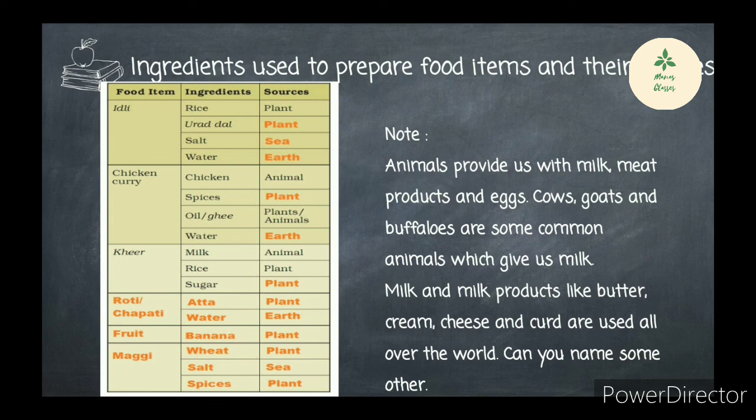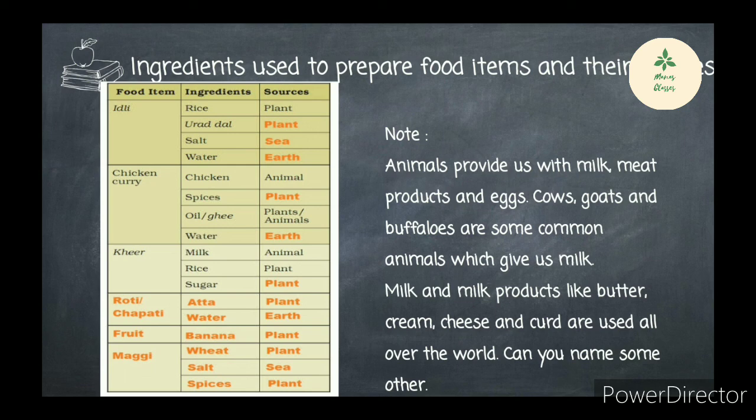Then there is kheer: milk, rice, sugar. Milk we get from animal, rice comes from plant, sugar also comes from plant. Roti chapati you know very well. And the fruit, banana: yes, banana we get from plant. And last but not least, Maggi: wheat, salt, and spices. Wheat is a plant, salt we get from the sea, spices we get from plants. Okay, next is